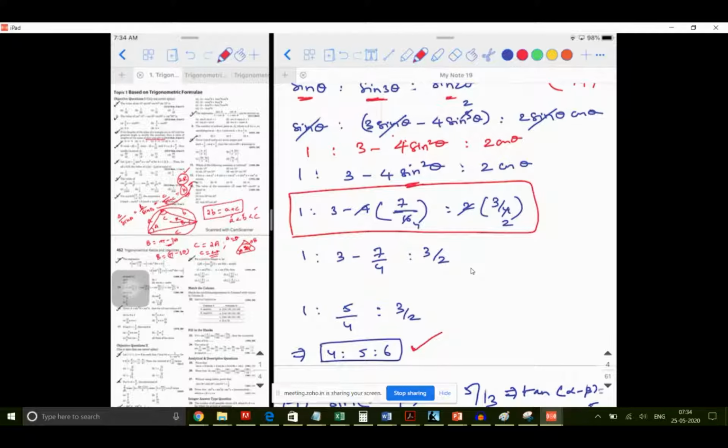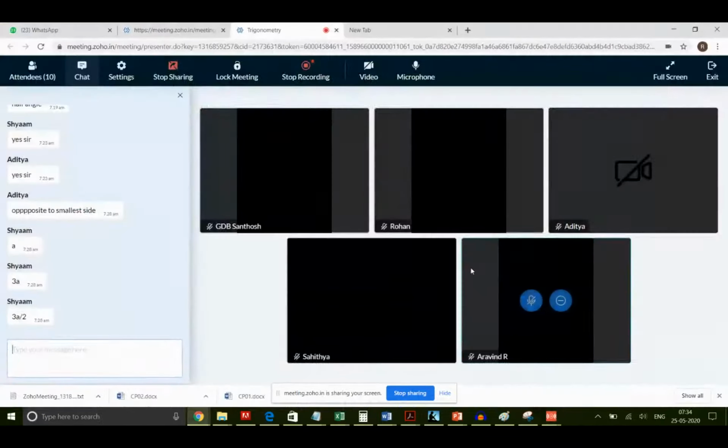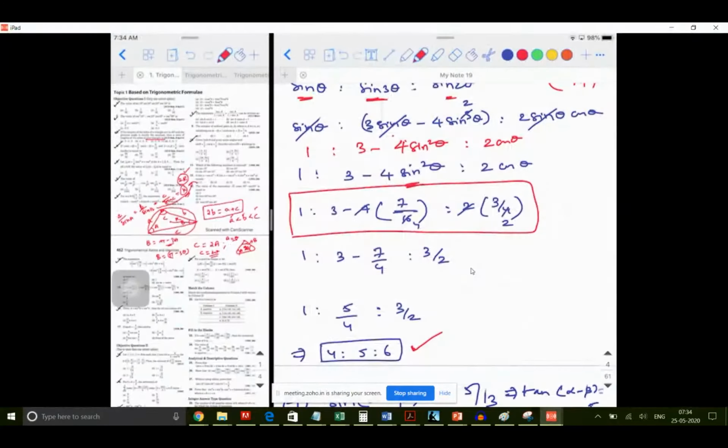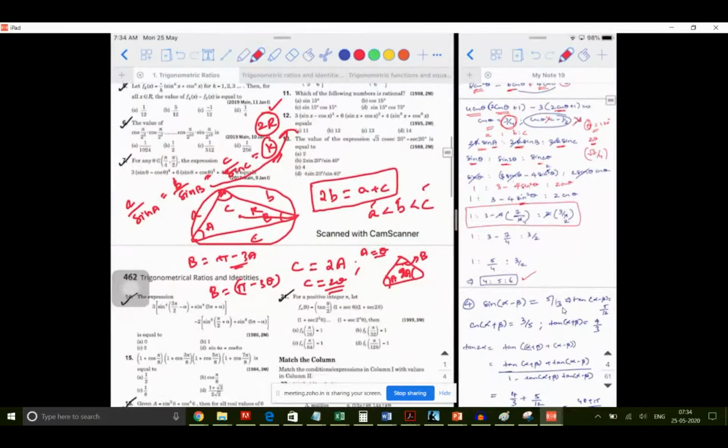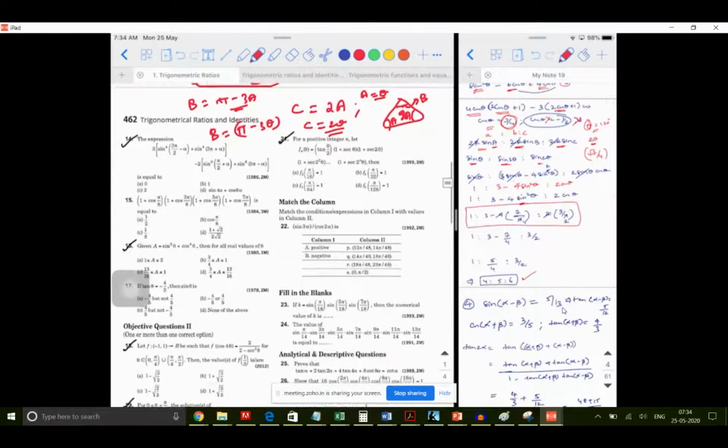It is slightly a lengthy problem, but a very good problem. Okay. So I hope it is clear. Yes, it's clear. Okay. So as I told you, you need not sit and copy the solutions. If you are clear, I'll proceed to the next problem. I'll share this PDF with you. Okay. Next.